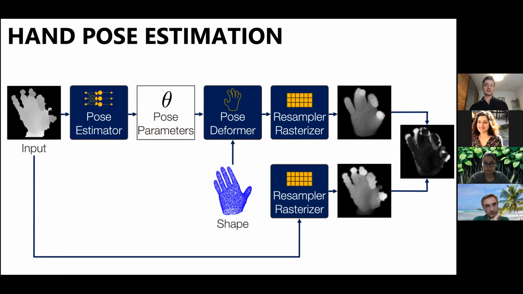And also, as you see, we actually almost get self-supervision in this case because we started with a depth map and also some architecture that encodes all the inductive biases we have. And in the end, we didn't have to actually use ground truth pose parameters in this case.